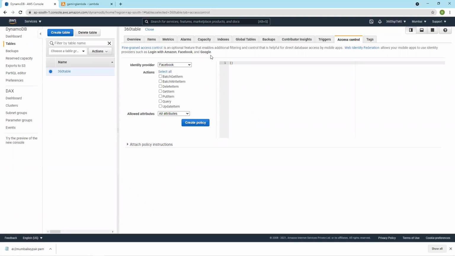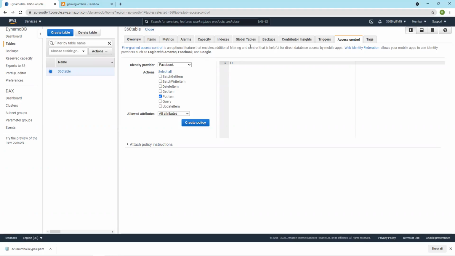Suppose I want to register with a traveling website, and the website offers me the login with Google option. When I click on it, Google already has all my data: name, contact details, email, etc. Then I have to assign an access of put item, so Google will put all those items into the DynamoDB table of the travel website.